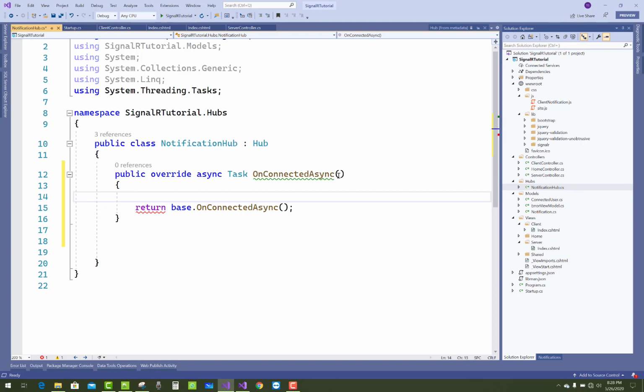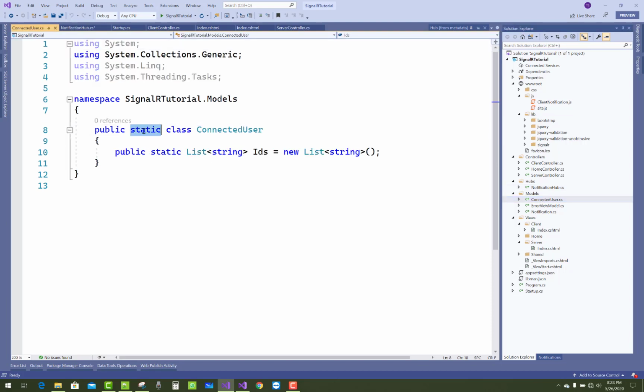Now you have to add a simple connected users list. In the model section we have a class called ConnectedUser, and the ConnectedUser class is a static class. Here we have a list of IDs, a list of strings.